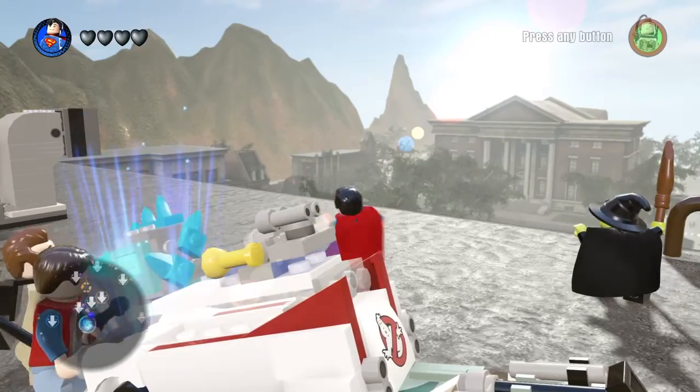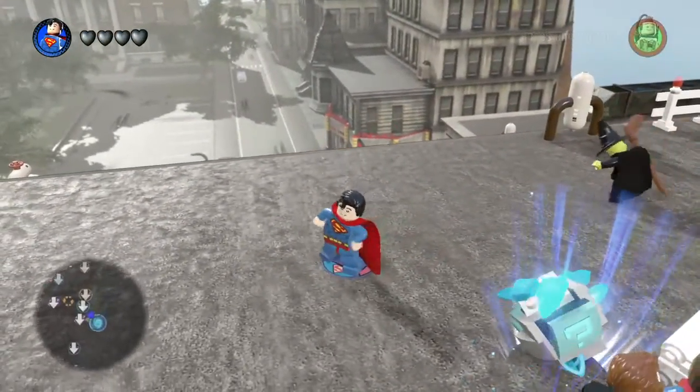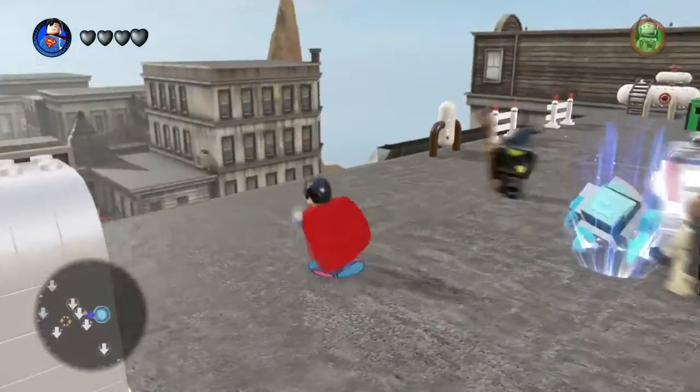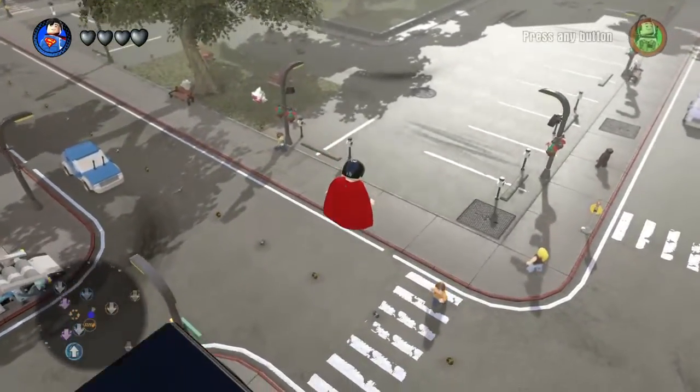One more bug to show you guys in LEGO Dimensions. This is in the Back to the Future adventure world, and I have just entered the world here through the gate. And you'll notice in the mini-map, this is kind of complicated to describe, but each of these areas in